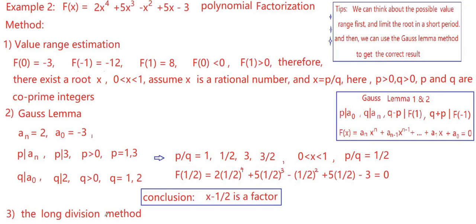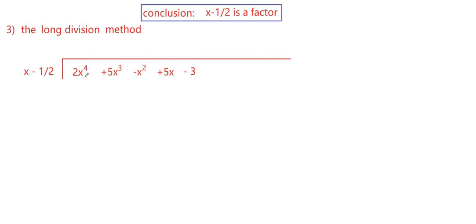The third step, we use the long division method to get the other factors. We write the polynomial over here and x minus 1 divided by 2 over here, and then we have 2x^4 minus x^3, and this is 6x^3 minus x squared, and then we can use plus 6x squared, and this becomes 6x^3 and minus 3x squared,